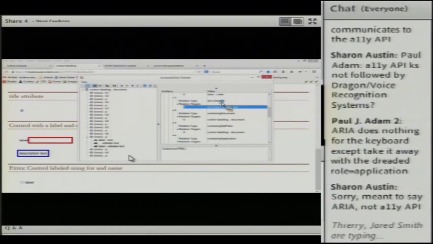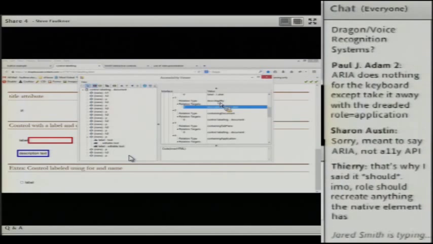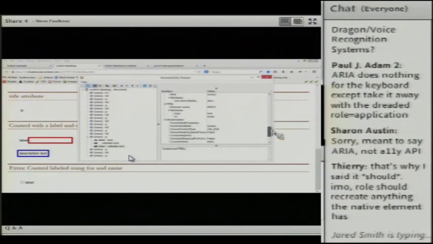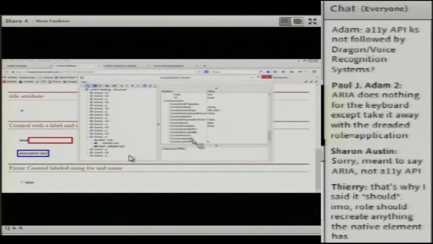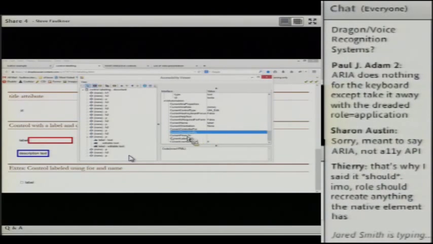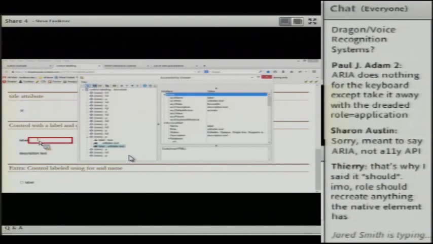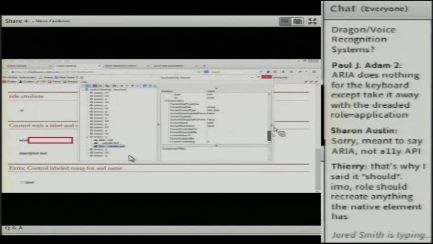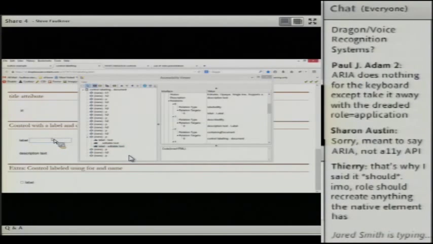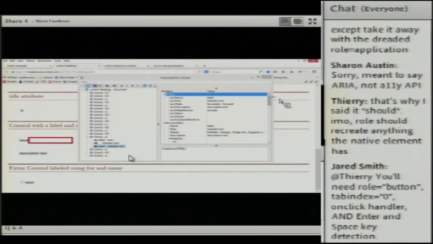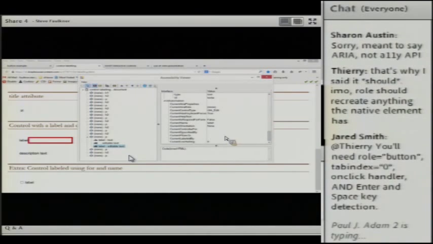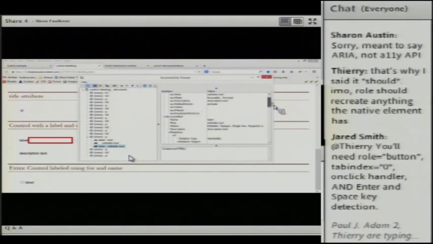ARIA is allowing us to set this relationship property or type within IAccessible2. And again, UI Automation also has labeled by and described by. As you can see here, in Firefox, for example, it's not actually hooked up, because we don't need to hook it up, because it's provided through IAccessible2 and MSAA.